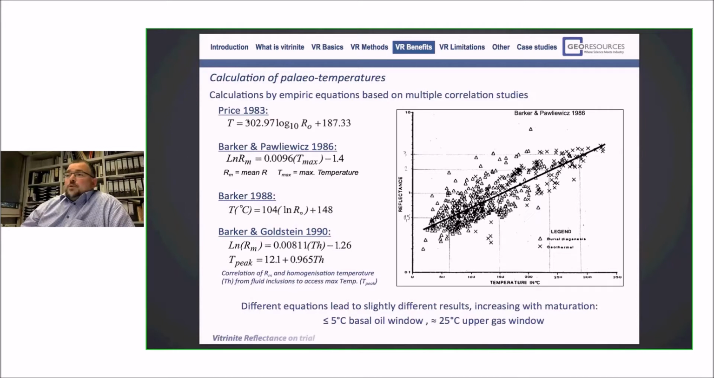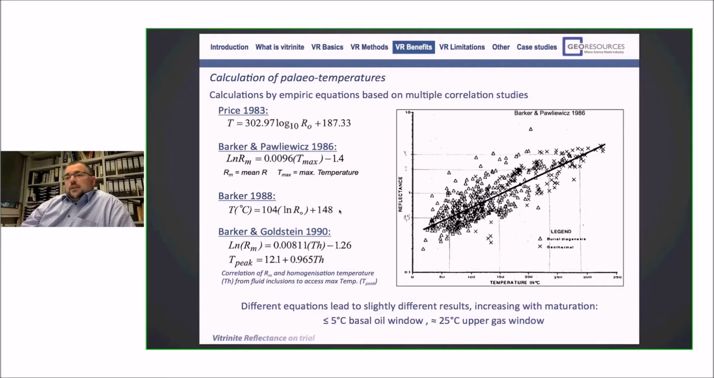reflectance correlations. One of the first was the equation given by Price in '83, followed by Barker and Pawlewicz in '86, which is a very commonly used equation for maximum temperature calculation from vitrinite. And here, this Rm doesn't mean R-min, but mean R, so the statistical mean of the reflectance data. Then a very simple equation by Barker in 1988, which is also very often used for